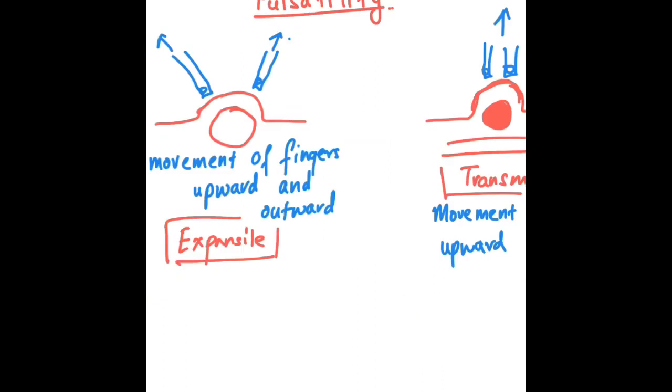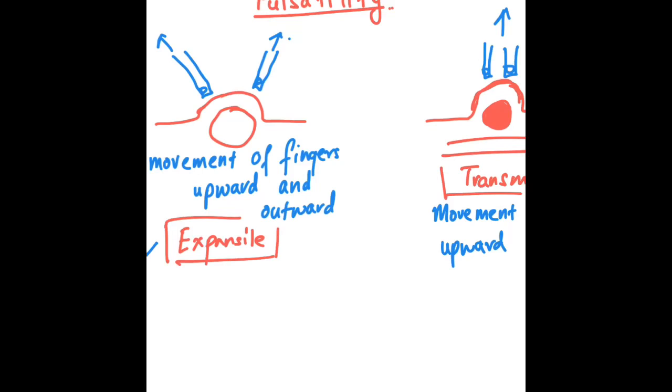Next, we will be talking about pulsatility. Now, there are two types of pulsatile swellings. One is expansile and the other is transmitted pulsation. Now, what is expansile pulsation? Both of these types of pulsations can be differentiated by putting two fingers on the swelling like this. Now, with each pulsation, if your fingers move outward, upward as well as outward, that is an expansile pulsation, which